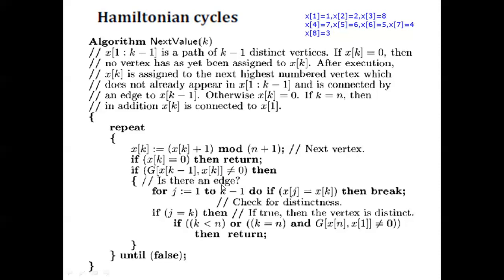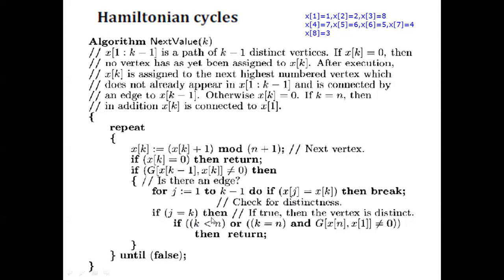Is there an edge or not? If there is an edge, we can move. That is why in the loop it is written here, 1 to k minus 1. It is checking here only x2 values, because we are going to store every answer in the x array. If both answers are 1 and 1, it is wrong, right? Because we have to visit exactly once except the last one. If this answer is 1 and this answer is also 1, it is wrong. That we are going to check here. That is why it is checking distinct or not. If it is not distinct, break, come out. If it is distinct, we have to calculate which vertex we have to visit.